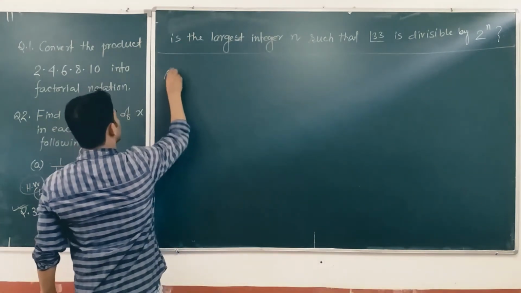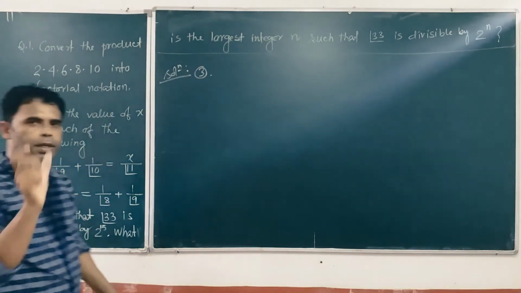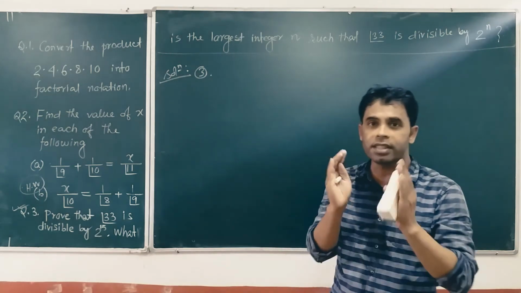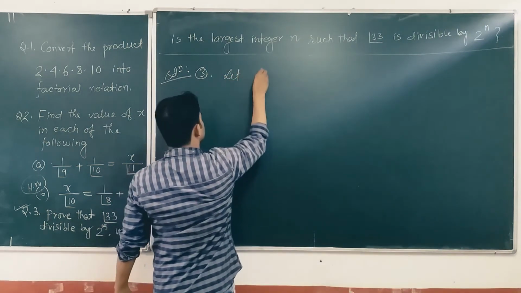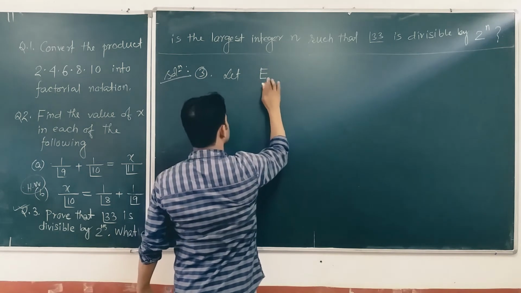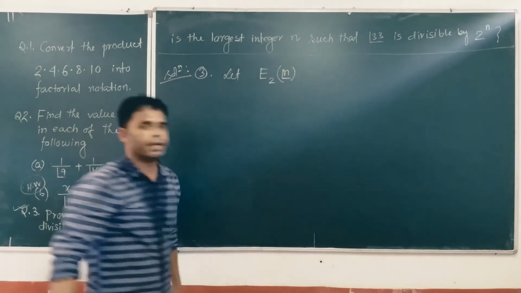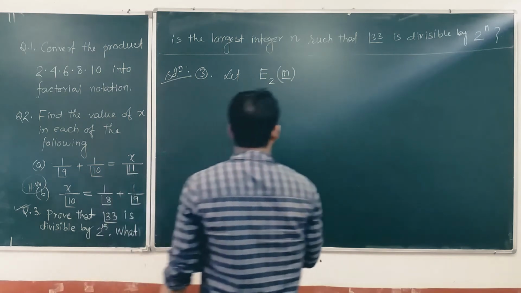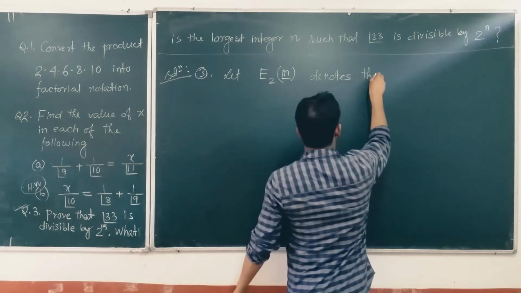So solution of the question number 3. See the question first of all, factorial 33. I will use a notation, a symbol. Let e2 factorial n denote the index